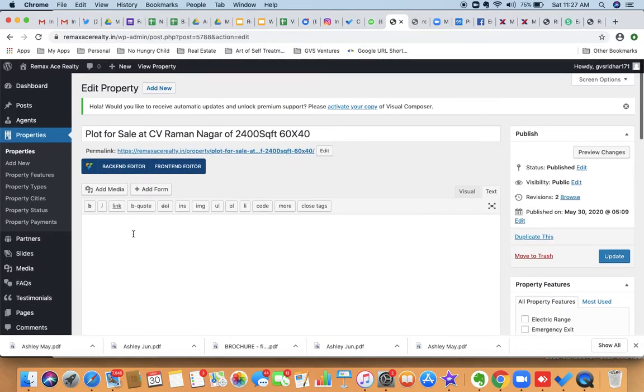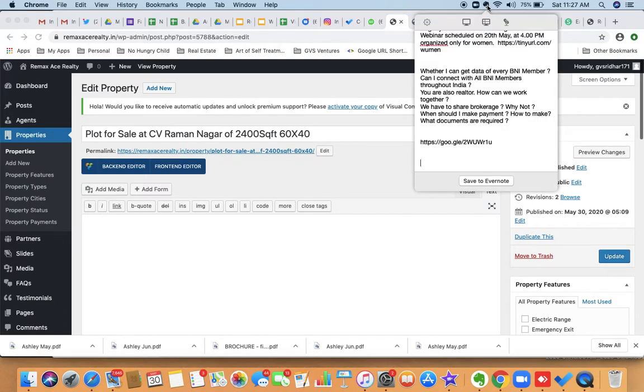Here you should enter the data. You are saying that you are not able to write anything in this page. If that is a problem, then write in a notepad. I don't have notepad here, I have something like this. Suppose write in property description, commercial land, blah blah blah.